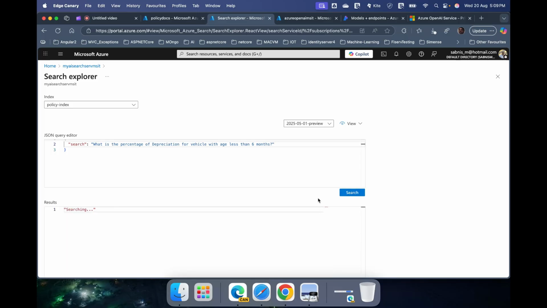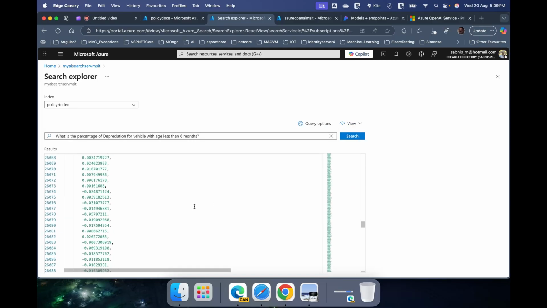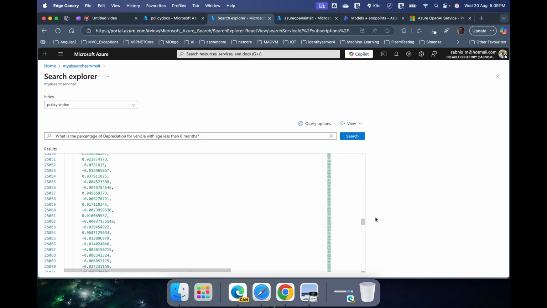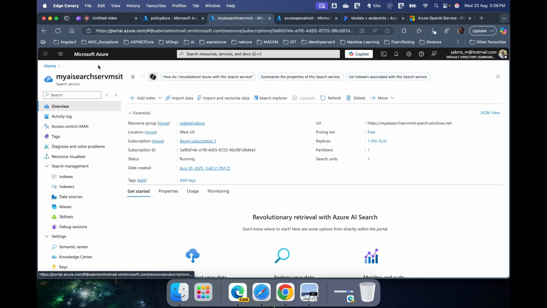Click on search. So this is the embedding stuff. We will have to do this properly through our application. So this is how Azure AI Search Service can be used for vectorizing the